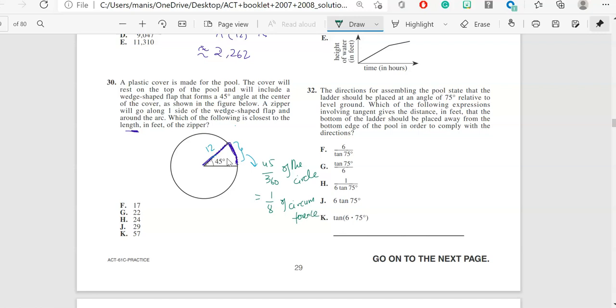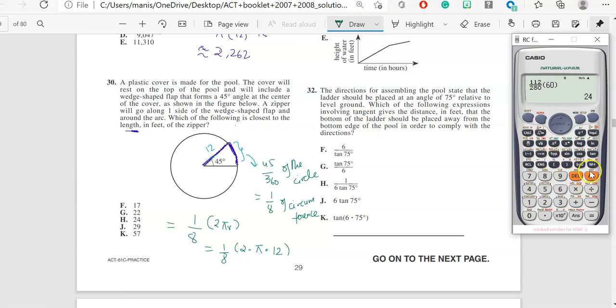Alright, so our new formula becomes 1/8 times the circumference. What is the circumference? The circumference formula is 2 pi r, or you can use pi d also. I'll just write 2 pi r. Let's substitute the values: 2 times pi, and the radius is 12. When you type this in your calculator, let's see what answer it gives. And do keep in mind to add 12 to your final answer. Don't forget to add 12, otherwise we'll end up with the wrong answer.